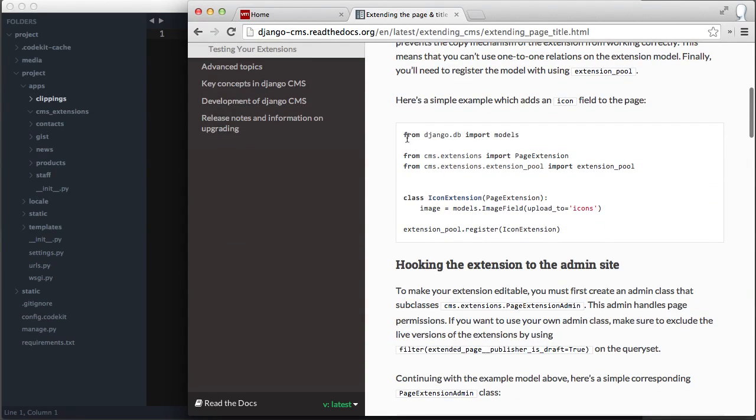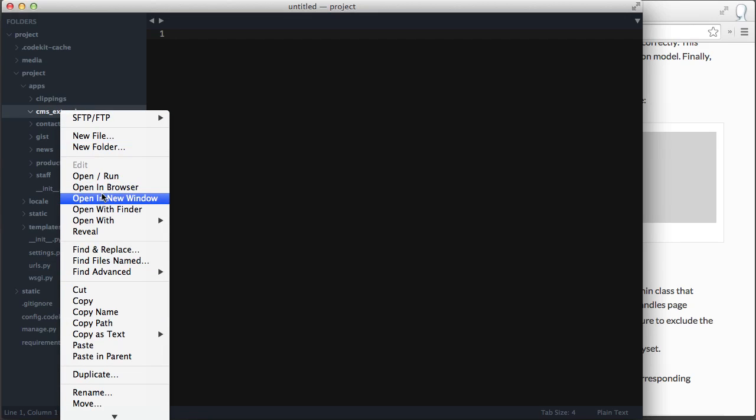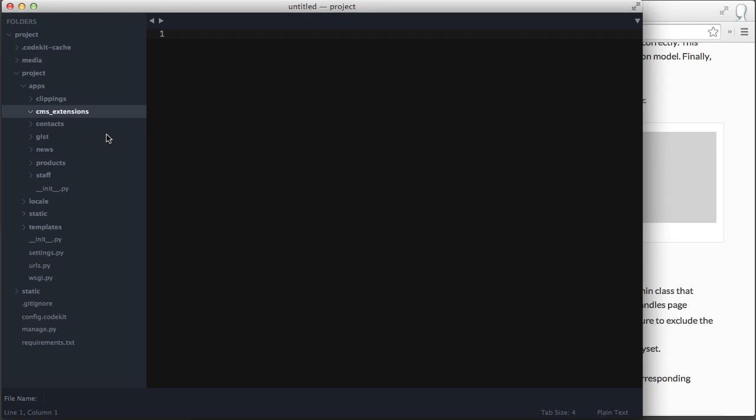But the first thing you want to do is create our model file, which is going to store our model changes. Now, I've copied that code. It's in my clipboard. Now, where do I paste it? I create a folder, an application in my project called CMS extensions, and that's typically where I do things like this. Let me go ahead and paste this in here while I still have it on my mind. Actually, first thing I'm going to do is create the init.py,